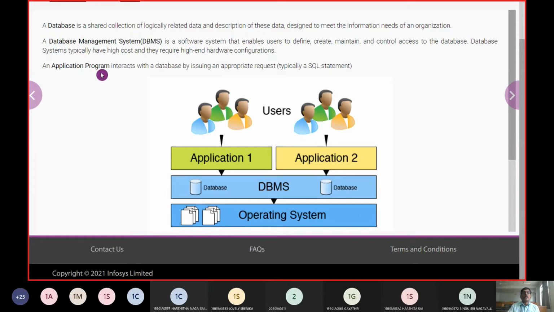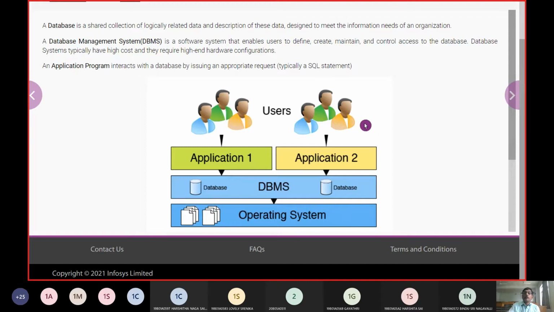And next comes the application software program, what we call here Live SQL. Via Live SQL, we are able to interact with the internal architecture of the database, by typing the SQL commands. That part, where we use Live SQL, we call application programs.